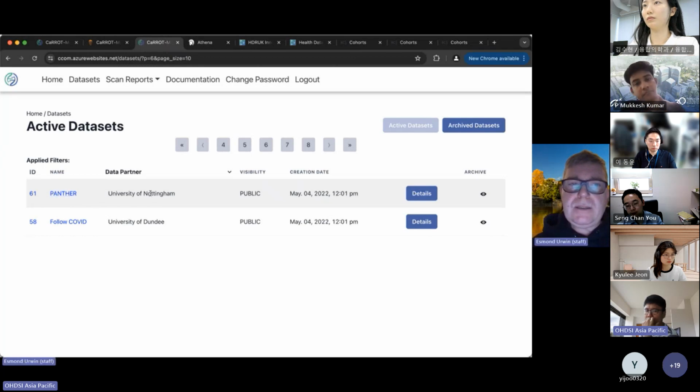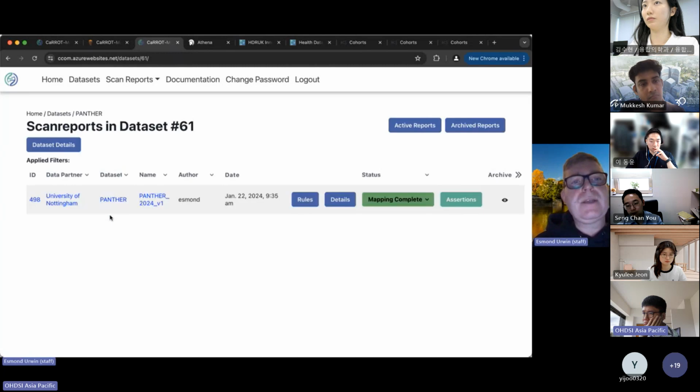So what we have here, data partner, University of Nottingham, creation date quite a while ago. The Panther dataset, if I click on it, takes us into the scan report screen. This is the associated scan report with the Panther dataset. We can see the mapping is complete. We've got something for rules, and I'll come to that shortly. Name, version 1. And if I just click on this to take us into the scan report,